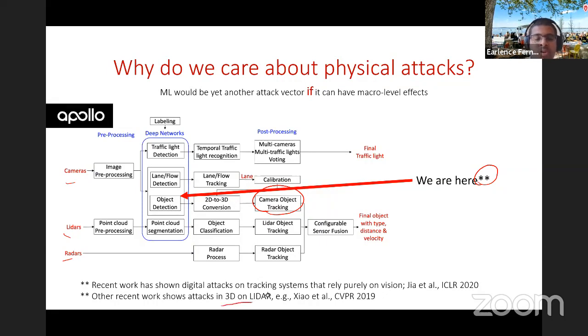All the work I've shown you so far is on these relatively two-dimensional, rigid objects. There's work on attacking different kinds of sensors like LiDAR as well. But again, the same point remains. We still do not have an understanding of, if I want to create an end-to-end effect as an attacker, how am I going to go about doing that?